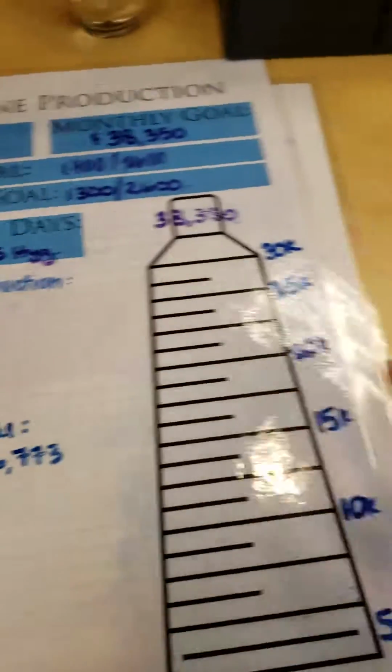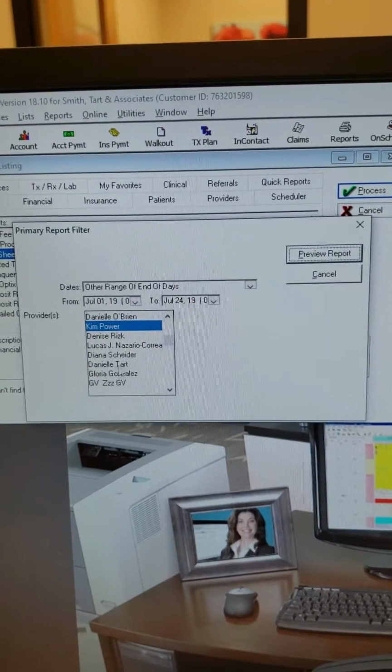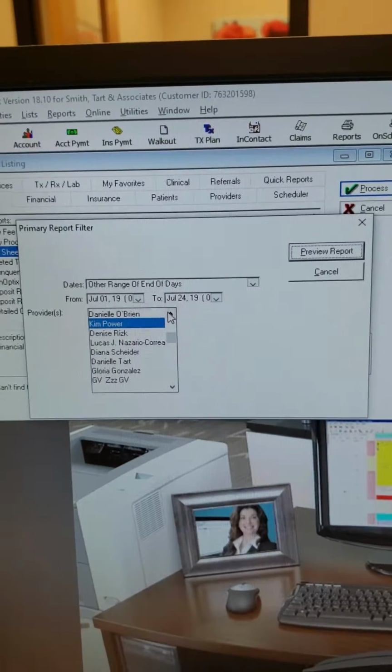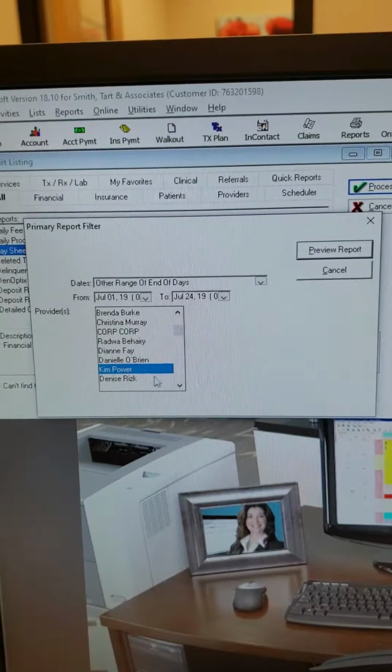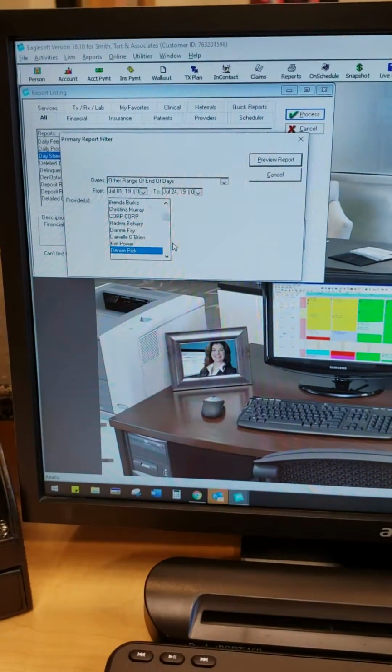So you would go in, you would pull up the same report, except instead of selecting the doctor, you would select each of the hygienists. So you would highlight Denise, you would hit control, so you can select more than one person, and then, sorry,